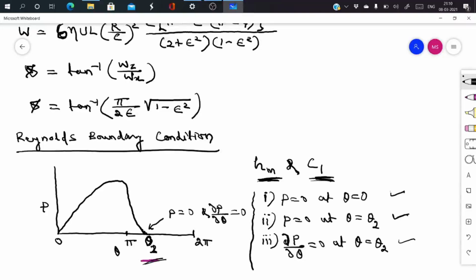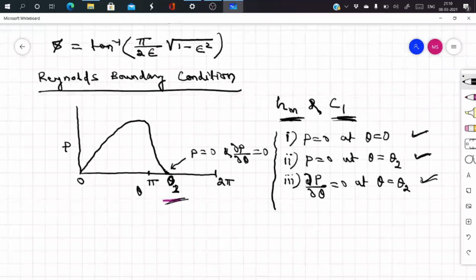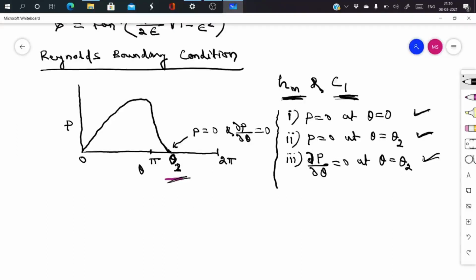So with pen and paper this is solvable, okay. So we can solve these equations using Reynolds boundary conditions, but we will prefer this to be solved by a numerical method. Further there are some developments, but till now this Reynolds boundary condition is very well used, very simple to implement and very stable to get a solution, and this is the most popular boundary condition used. But do remember, theta 2 is always greater than pi, it appears beyond pi.